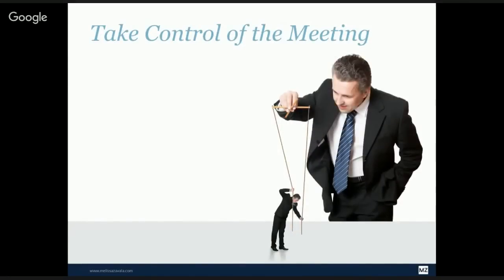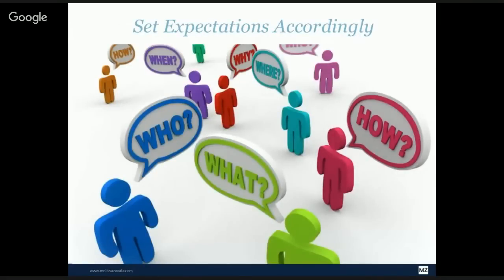So, find your rhythm to set expectations accordingly and take control and demonstrate that you are the professional who knows more about real estate, who is knowledgeable, who can lead them to the best deal, to whatever they're looking for, that you are their pathway to getting what they want. And for me, that's a lot about setting expectations accordingly. Agents come to me all the time and they say, oh, my client was so angry because the lender didn't tell him X. Well, you need to set your expectations accordingly.